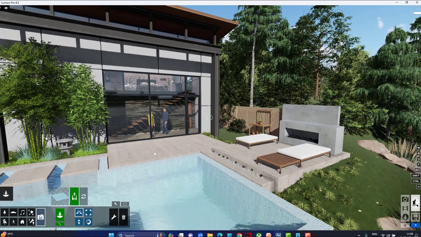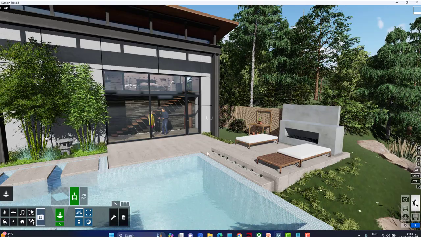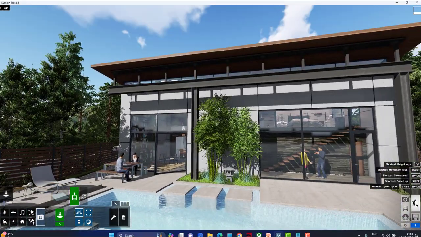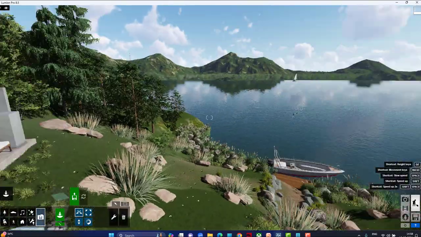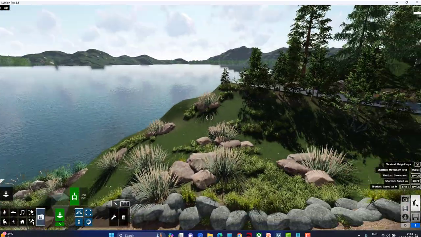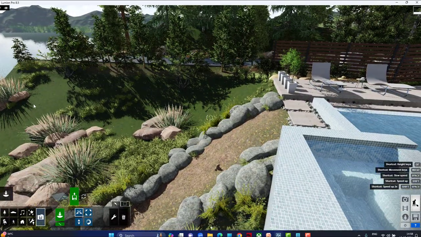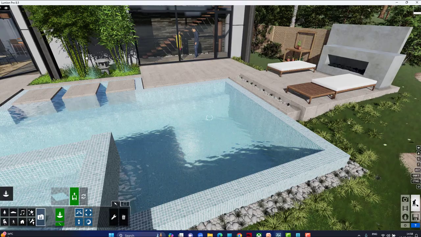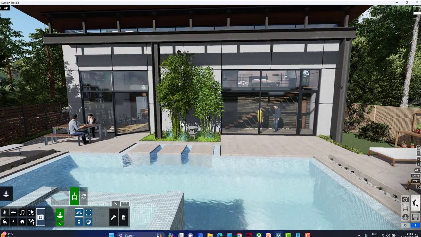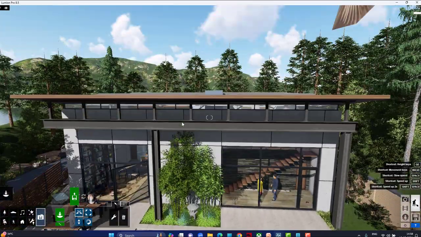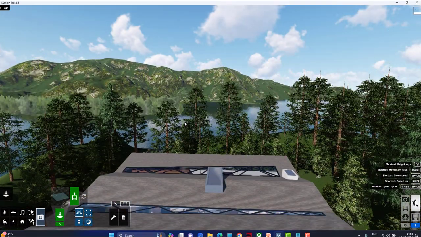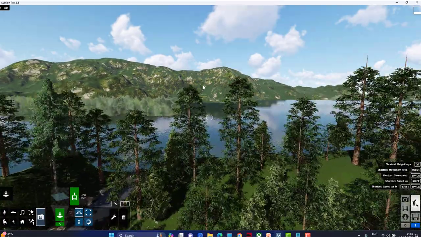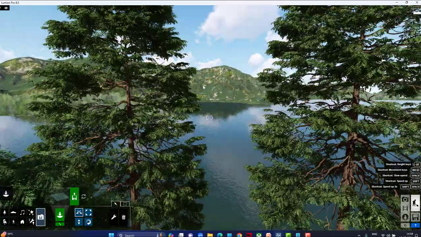Now you can use the mouse left click and right click to orbit or look around like this. Hold the right button of the mouse and have a look around. Next, I am going up by pressing Q. If I want to move to the mountain, you can either move continuously or use the scroll button to move.